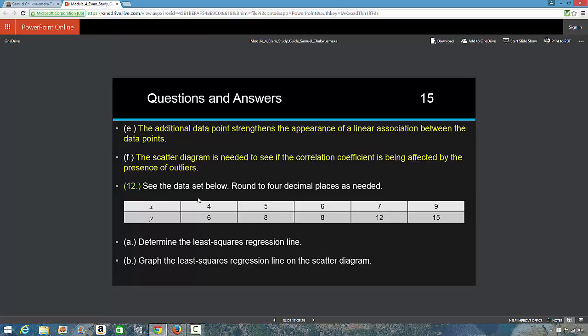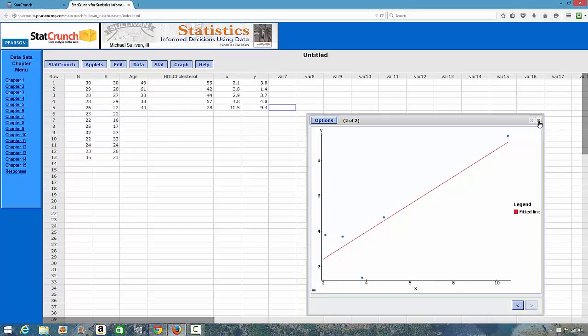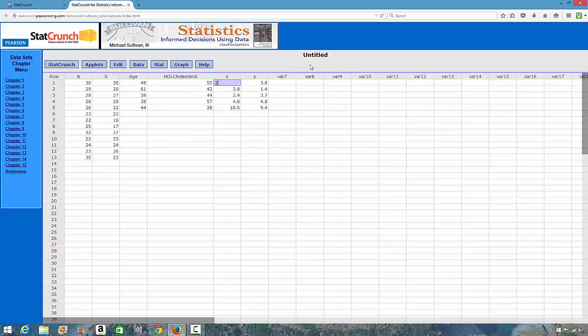Question 12. See the data below. Determine the least squares regression line and then graph it on the scatter diagram. This is similar to what we just did. Let's just change this x and y here. We have 4, 5, 6, 7, 9. Then for the y,